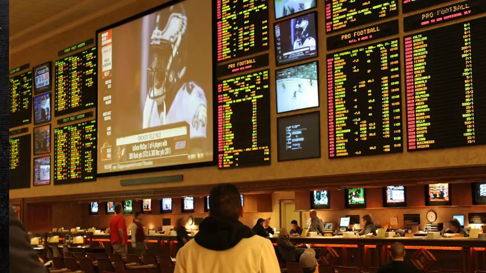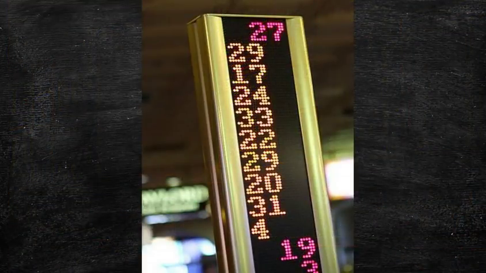This is why you have seen things like this pop up in casinos everywhere around the world for the last 20 years. This is a board they put on roulette wheels. And what it does, it shows you, I don't know, the last 10, 15 numbers that have popped up on the roulette wheel. And so you see, like, these will be numbers that are red, these will be numbers that are black. And what it does is it makes you think that a certain number is about to come up because it is either due to come up or it is just part of the trend that is currently happening.